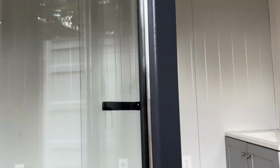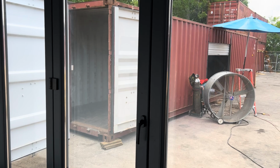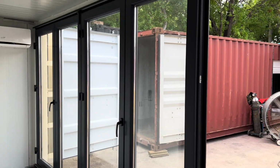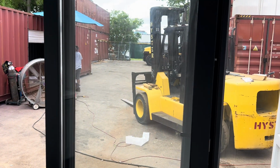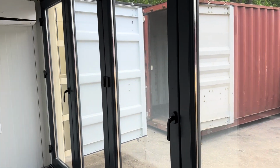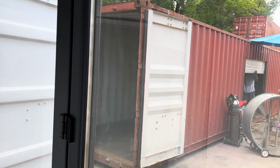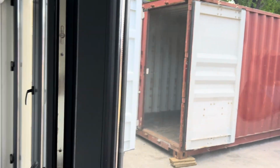So the way it works, as you can see, from inside, you can use it as a retail store, you can use it as an office. The doors open up like this, if needed,